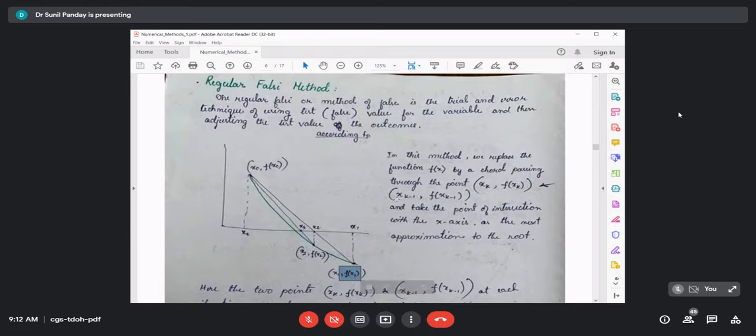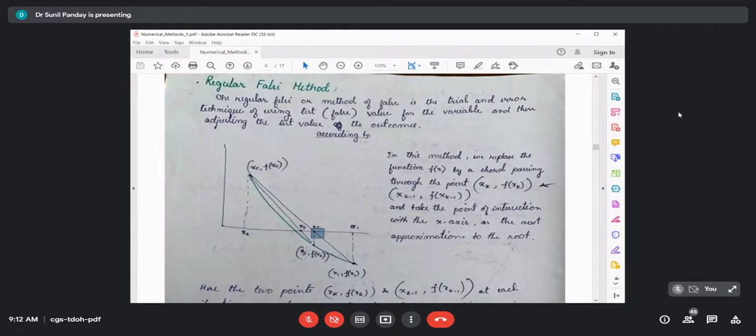But in the regula falsi method we select our x naught and x1 such that f of x naught into f of x1 is less than 0, and then we draw a chord joining these two points, x naught, f of x naught and x1, f of x1, and wherever this chord intersects the x-axis, we assume that this is our root,